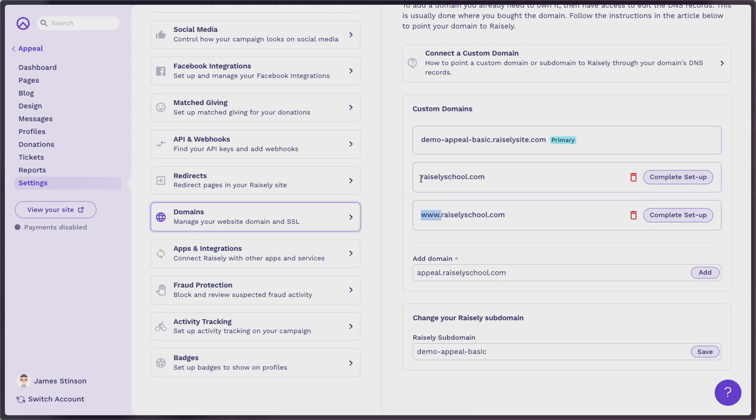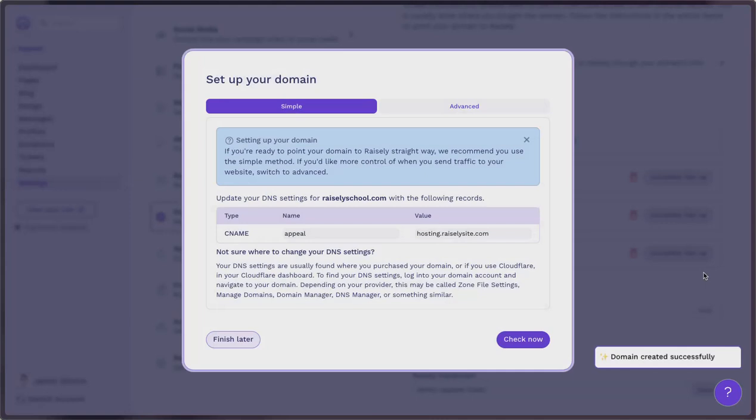You could just put in raislyschool.com and your site will load. But the www is also a prefix or a subdomain. We're just adding another one called appeal. So if I add this into my Raisly, it'll then give me the CNAME record that I need to add to my domain. Type CNAME, name, appeal, and hosting value is